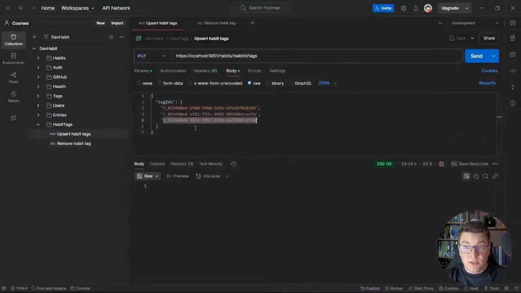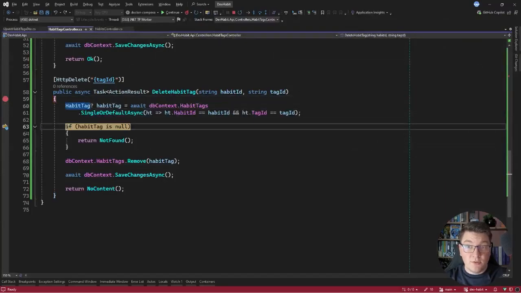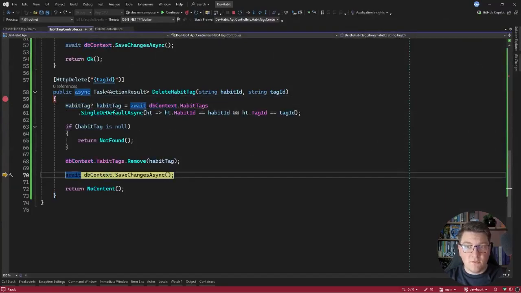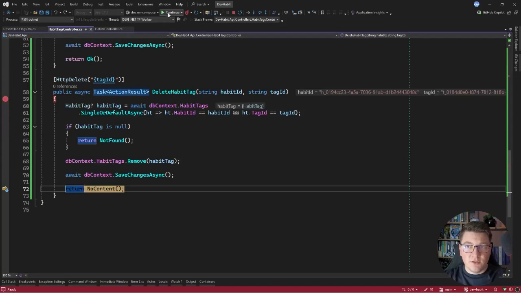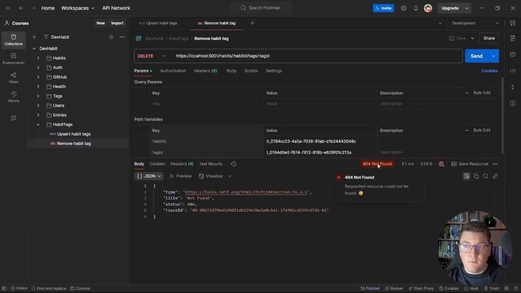If you want to delete just a specific tag, you can use the delete endpoint, where we can specify the habit identifier and the tag identifier. And if I send this request to my API, we're going to hit the breakpoint in the respective endpoint, fetch the entity from the database, and just remove it. So I can go ahead and press continue, and we should get back a 204 no content response. If I send the same request again, we're going to get back a 404 not found because such a resource